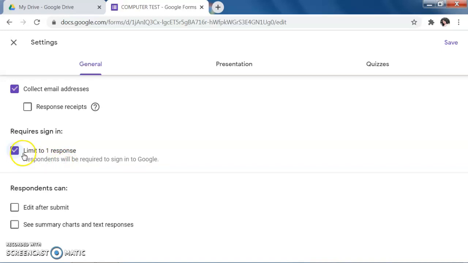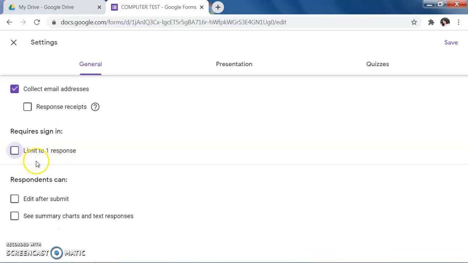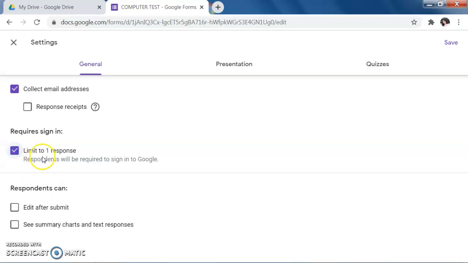If you don't tick here, then one student can submit the form so many times. So my suggestion is please check it, because one student should submit the form only once. Then if students later on try to submit the form again, they can't submit it.